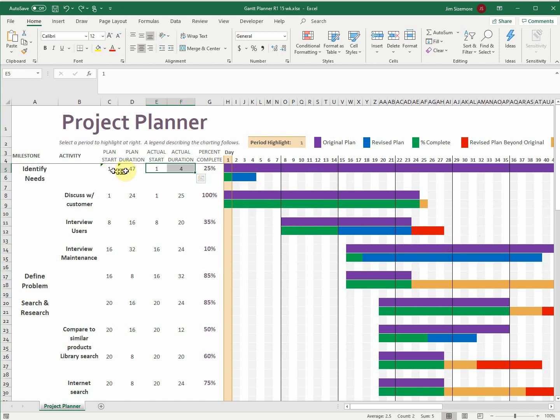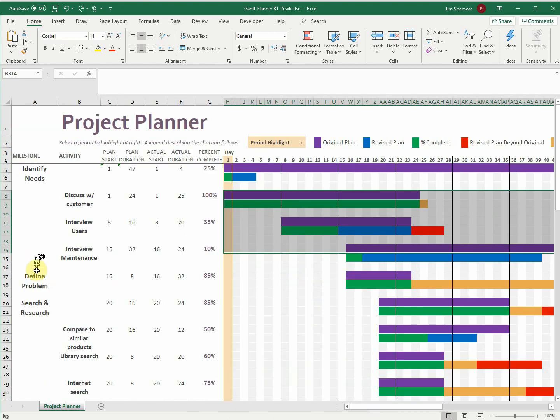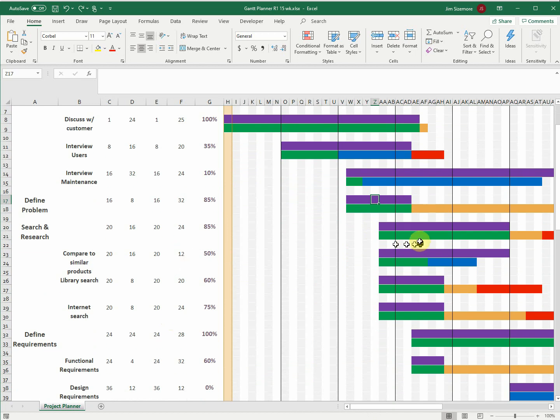So you can set when does it start, how long does it last? These are major milestones, which would be this big purple one. And it includes all of this stuff, everything below it. This one, there's only one milestone, one purple bar. Search and research. So again, it includes all of these